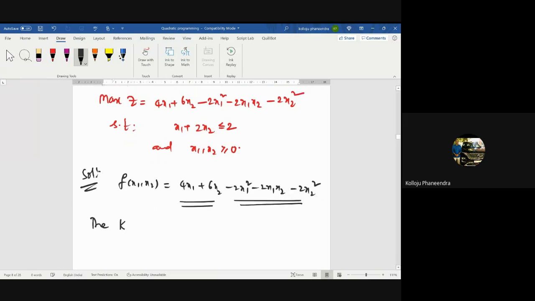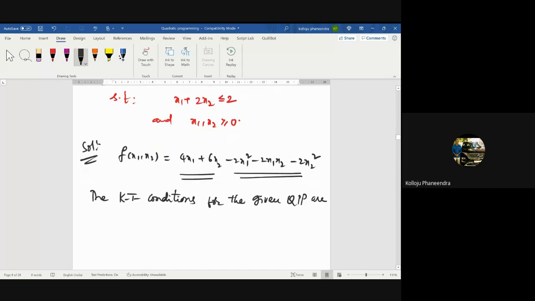Next, the necessary KT conditions. First, you have to write this one, like a previous method. The Kuhn-Tucker conditions for the given quadratic programming problem are, one by one. Okay, before that, let me add slack variables now. Okay, the QPP can be written as